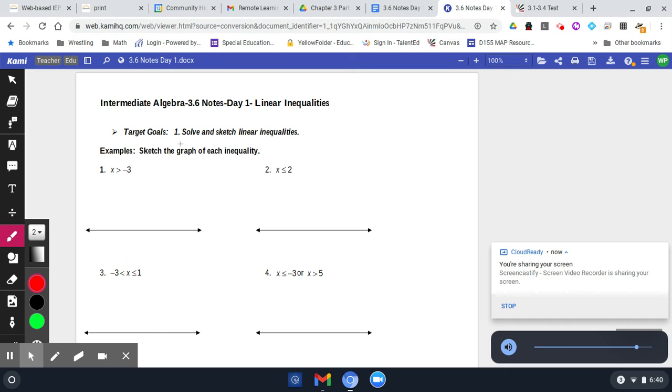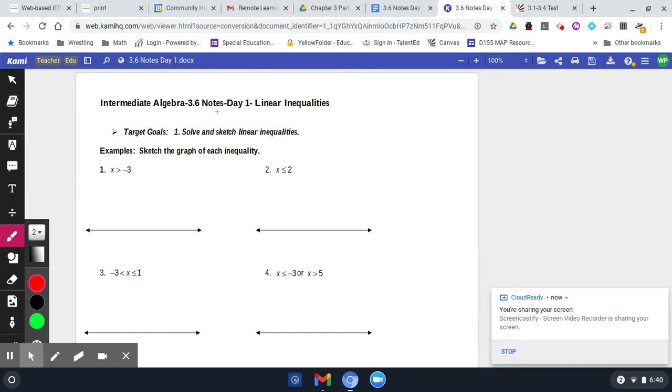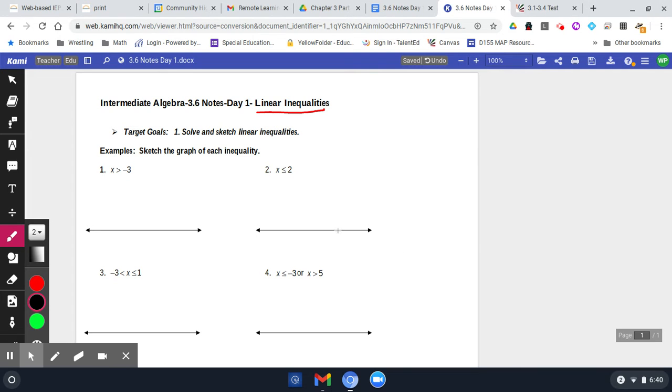All right, guys. So we're talking about 3.6 notes. These are linear inequalities. So you guys have seen these all before last year. So this shouldn't be new to you guys. So again, we are starting to see stuff that we've seen in the past, and so we have to recall that information. We will spend a little more time on these just to make sure that you guys do remember